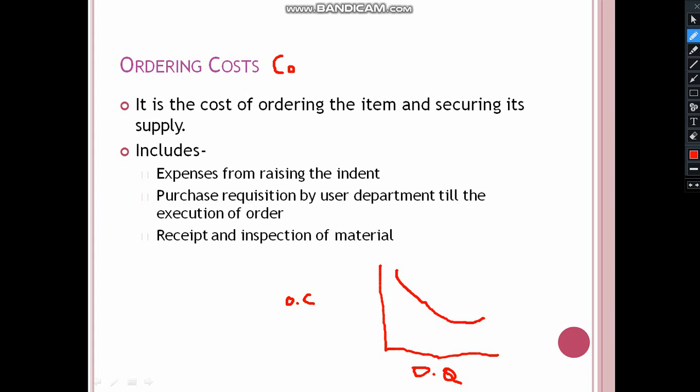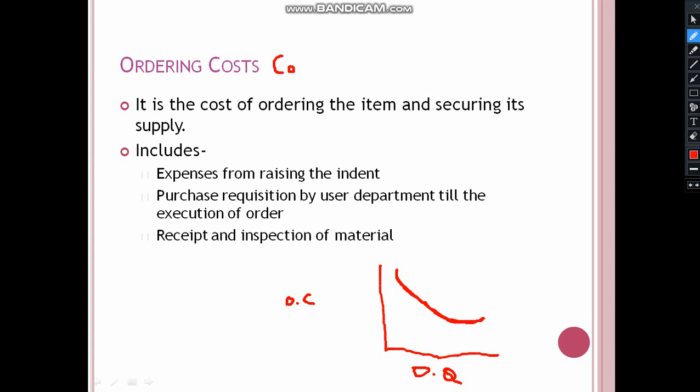Or if that vehicle is completely filled with the unit, then also you will pay the same price. So it is obviously advisable to order that unit, that much amount of raw material that will fill the entire vehicle. Okay, so by this we can make out that the graph that we get for ordering cost and order quantity is somewhat like this.